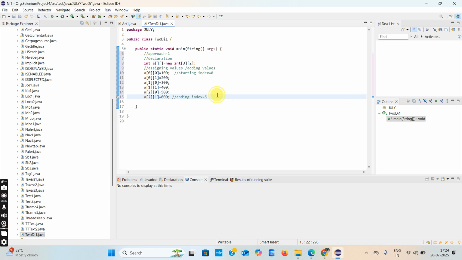So now I will go for what? Approach number 2. Okay, the second approach. See here, approach 2 means I will give the values directly inside. Okay, I will give the values directly inside in approach 2. So how? Int,